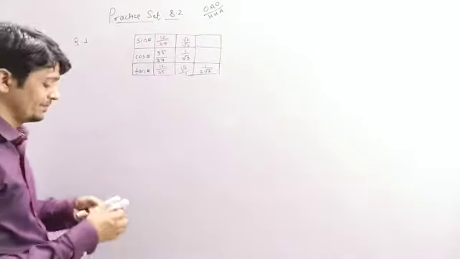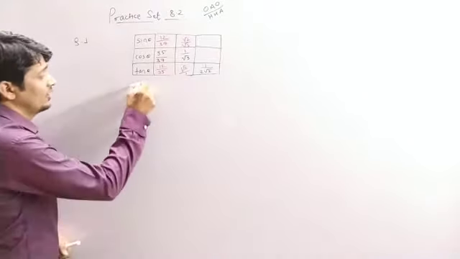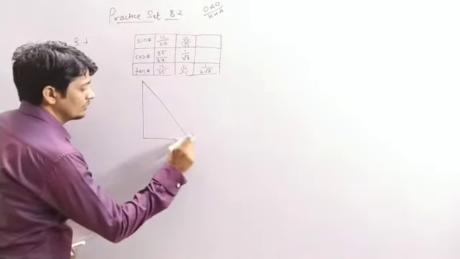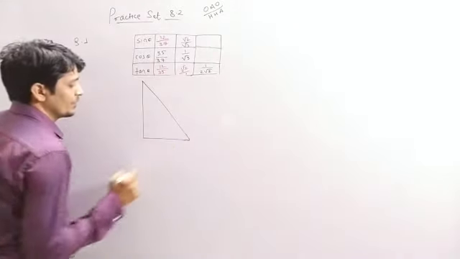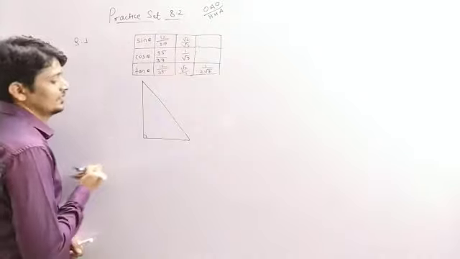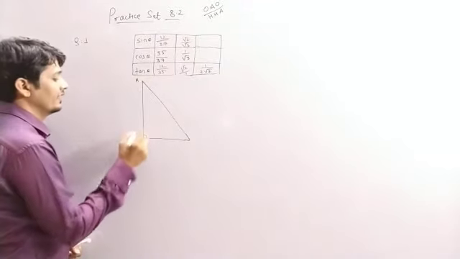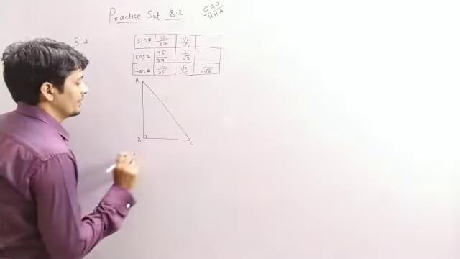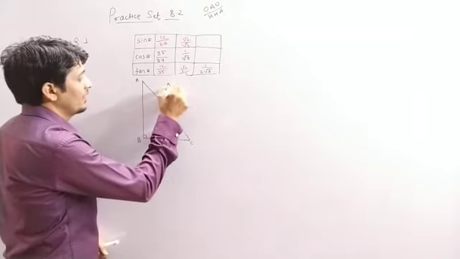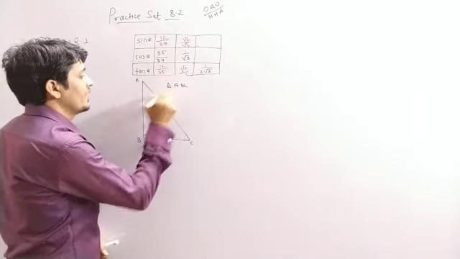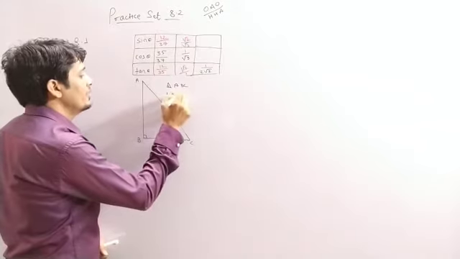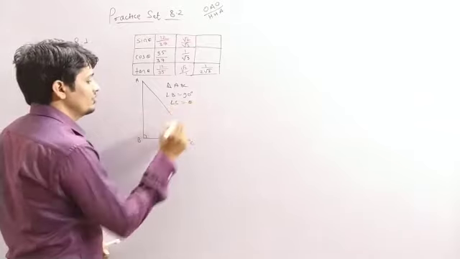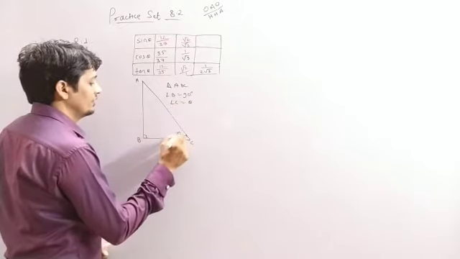So the last one. Again, the same way we have to apply the Pythagoras theorem to calculate the value of the third side. This is the right angle triangle, and this is the 90 degree. So here angle A, B and C. So we have to consider now, we have triangle ABC, which is right angled, where angle B equals to 90 degree and angle C is considered as theta. So this is the theta.